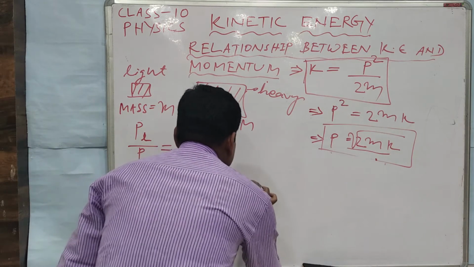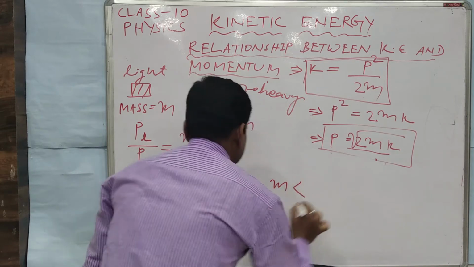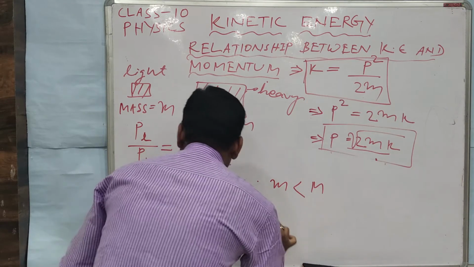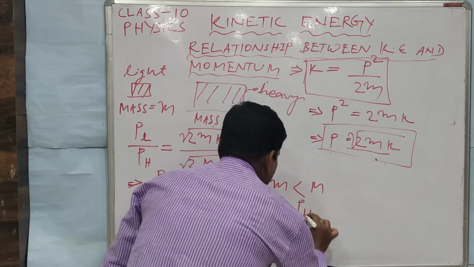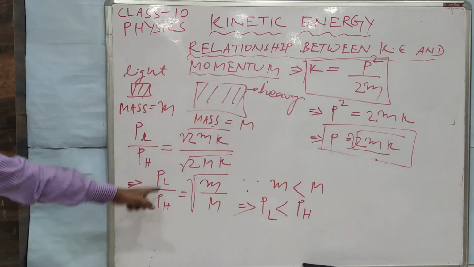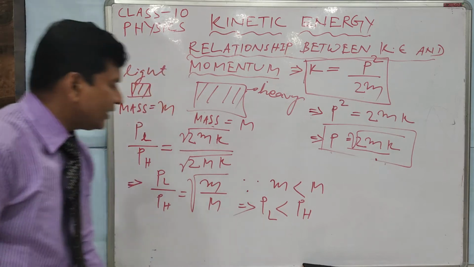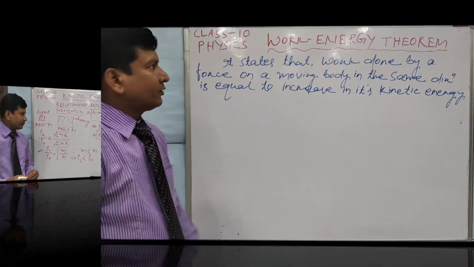Since small m is less than capital M, what do you get? The momentum of the light body is obviously less than the momentum of the heavy body, as I told you. And we are now showing how the momentum of the light body is becoming less than the momentum of the heavy body. Okay, so next we see